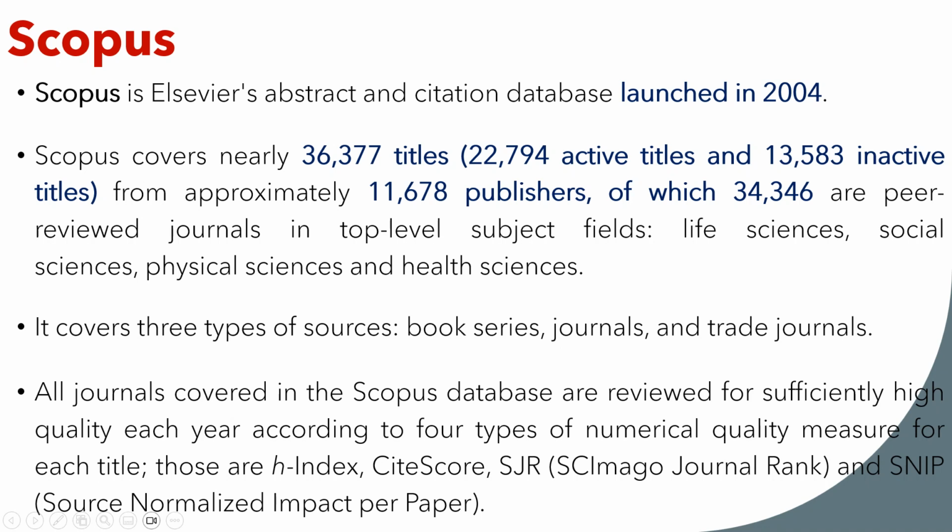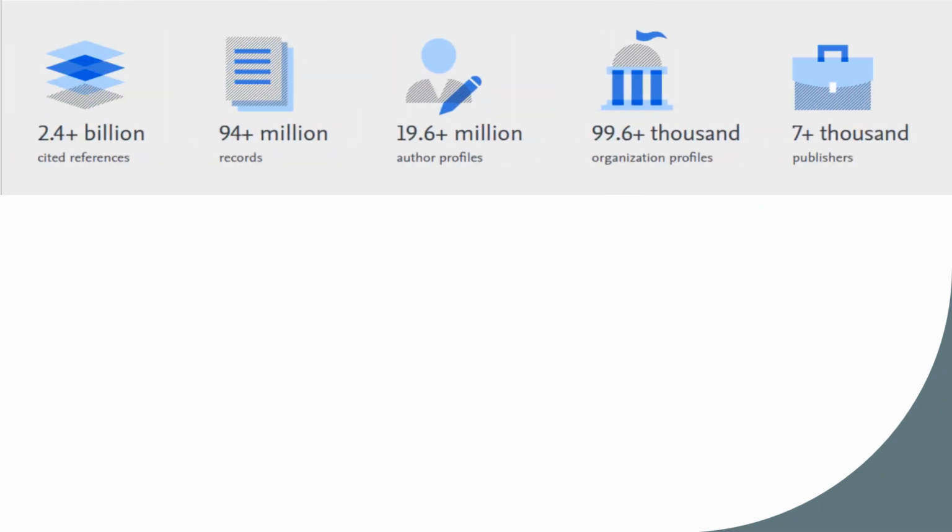These parameters are H index, then we have CiteScore, SJR value, and SNIP score. That is the source normalized impact per paper. On the basis of these four parameters, journals are evaluated every year, and then they are continued or discontinued every year. When we look at the Scopus database, roughly 2.4 plus billion cited references are there,